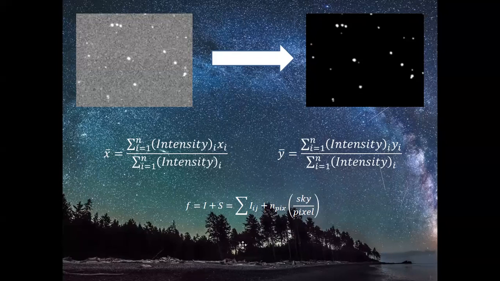How do you find the mean? The centroid of the image in X and Y can be found as the summation from i equal to 1 to n, meaning all the n pixels falling under that particular object, of the intensity of the ith pixel multiplied by the x coordinate of that pixel, divided by the summation of the intensity of all the pixels. Similarly, you can find the y centroid of your image.